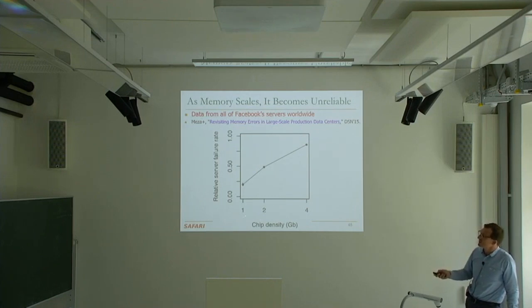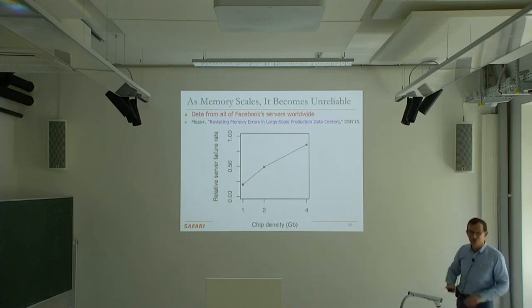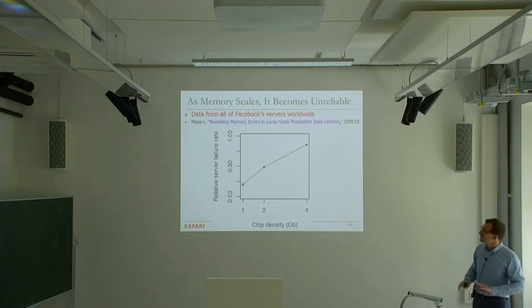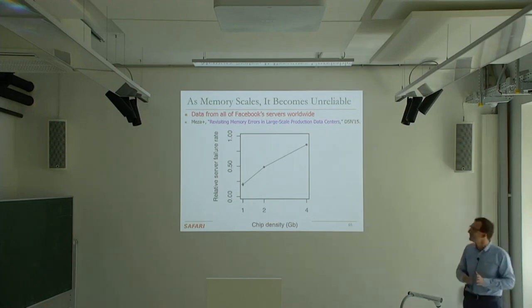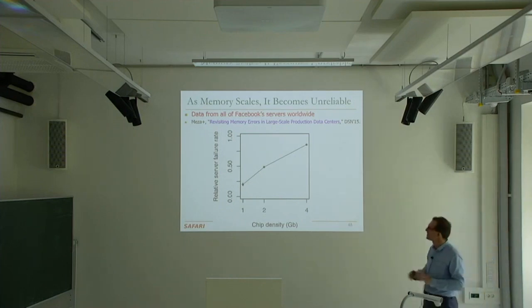correlation between the memory error rate or server failure rate and the density of the chip that's employed in these production servers. So this can be only a correlational study because this is actually running in production, and it's a lot of servers. They don't allow us to write how many servers, how much memory, because apparently that's confidential and that affects their stock price. But I think they have other stuff to worry about in terms of privacy with respect to their stock price. But somehow they're handling it.